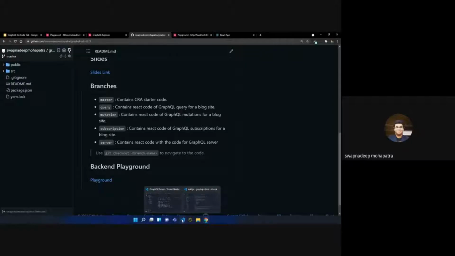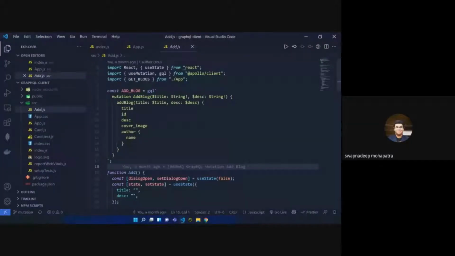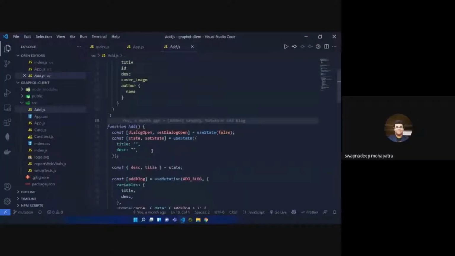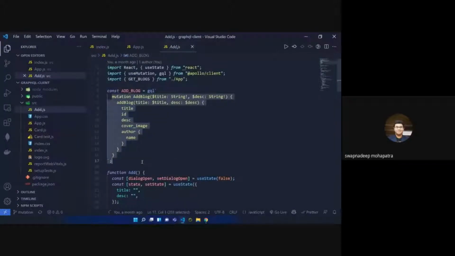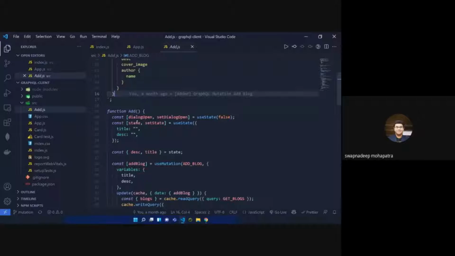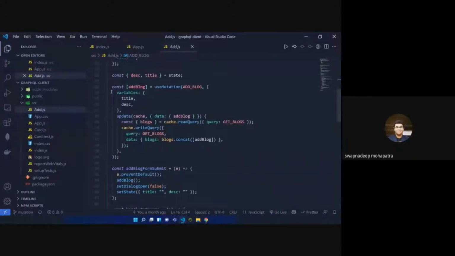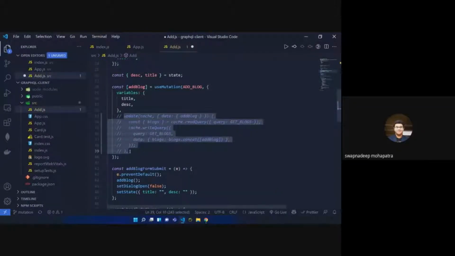Now let's take a look at the add.js. So this is the mutation that we are putting in. Then we are passing the mutation inside of this, and we are passing the variables, and then we have an update thing. So this update, if I just comment it out,